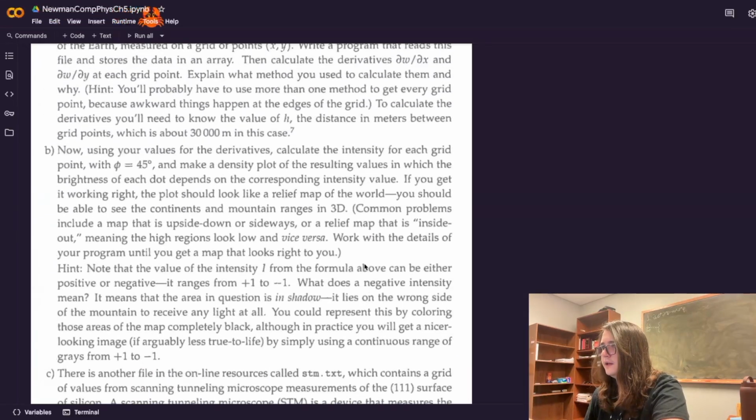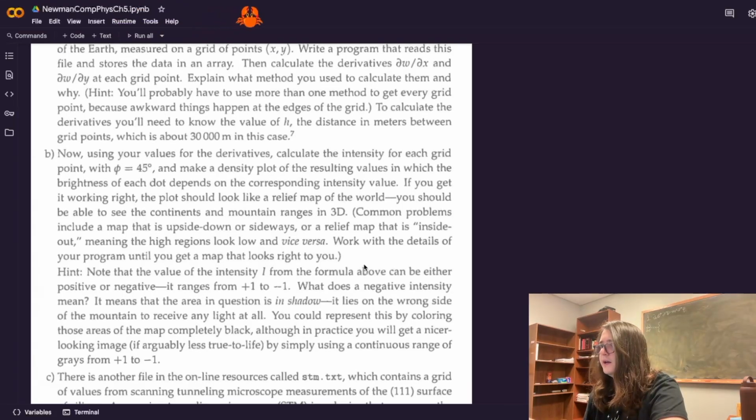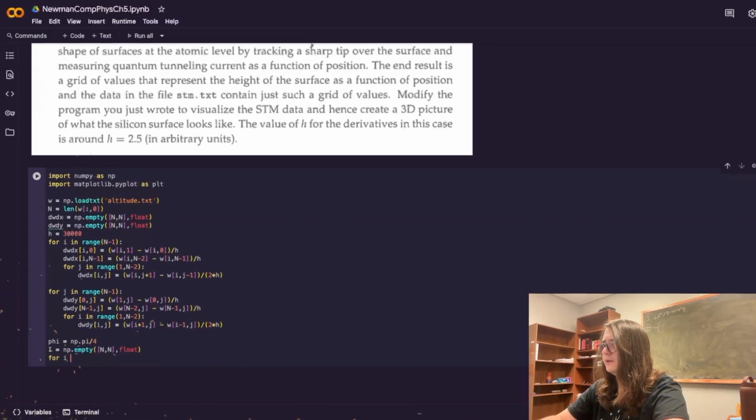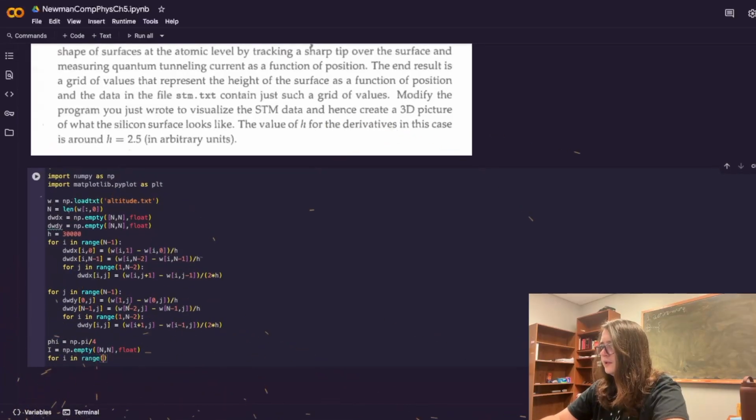And then after that, we'll get into making an output array for the intensity. This is going to be another empty array of size n comma n with the float data type, and we're going to be running for I in range n minus 1 and for j in range n minus 1. You just calculate I comma j